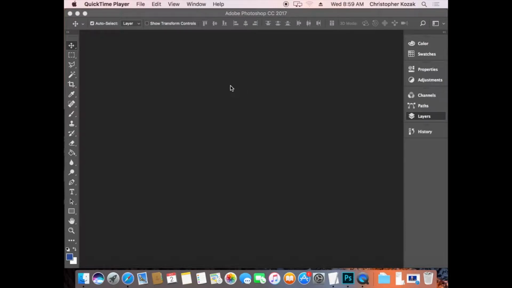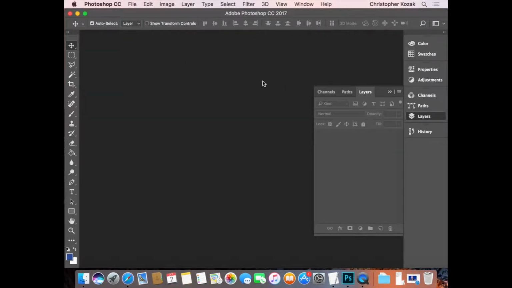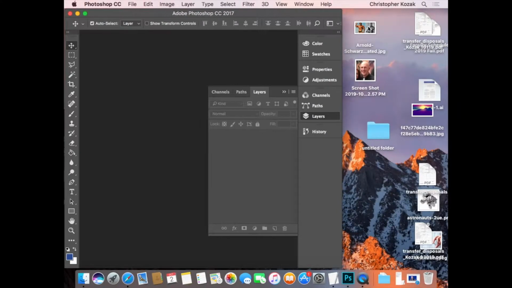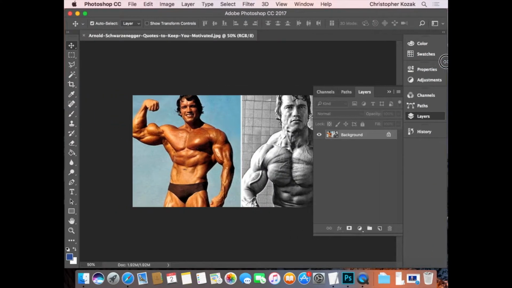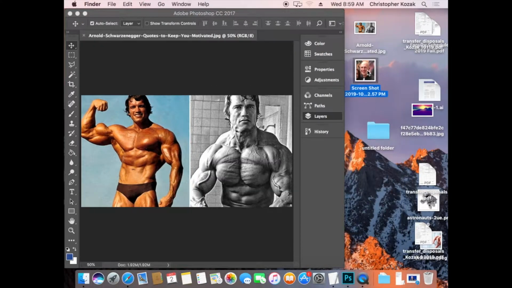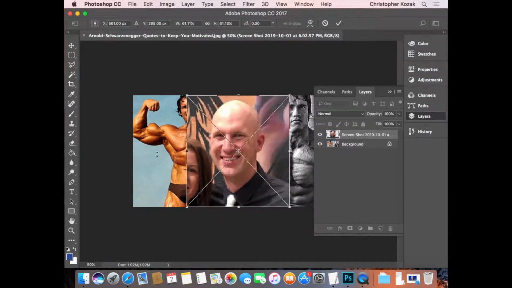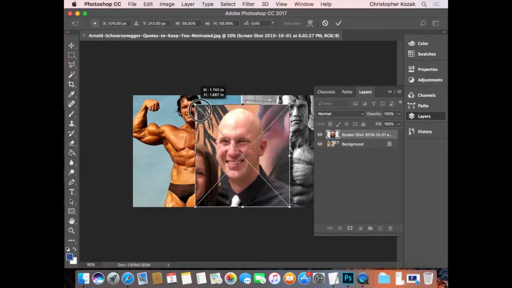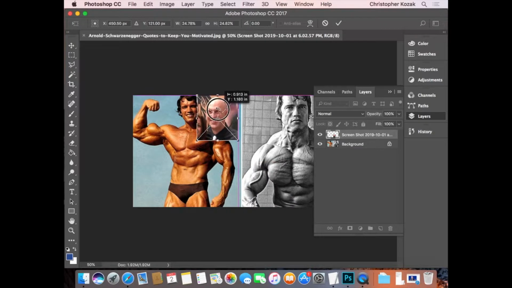Alright, so here we go. A super quick overview on how to make some adjustments to some photos. So I've got these base photos here. These are just a color photo of Arnold Schwarzenegger and a black and white version. I'm going to plunk my head right on top here. And what I want to do is put my face on Arnold's body because clearly we have the exact same